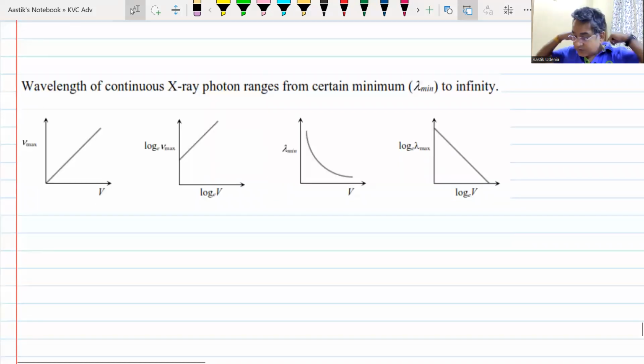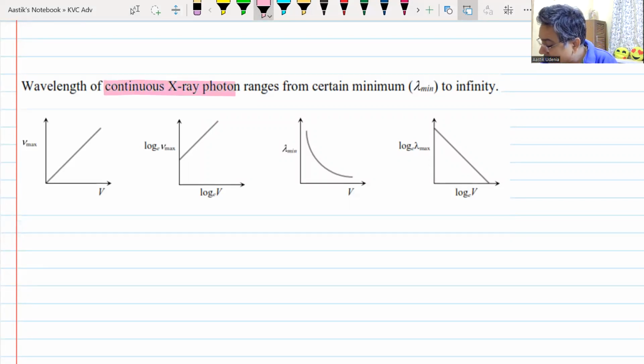Then you must note down these points as well. If we miss this graph, the wavelength of continuous X-rays will range from some minimum wavelength to maximum. The graphs are important. This is a graph between F max and V. It is directly proportional. Do we understand this? Yes. If you draw the graph between log of F max and log of V, the graph will be the same,